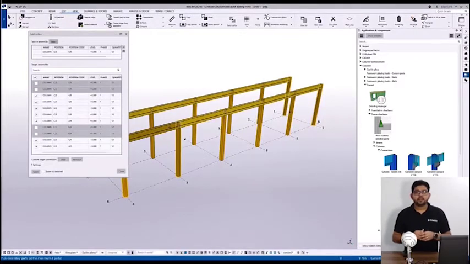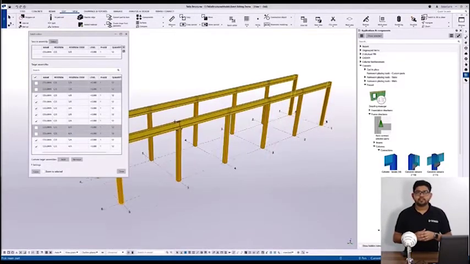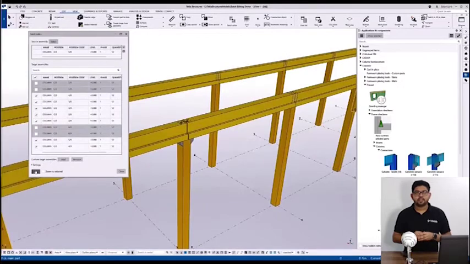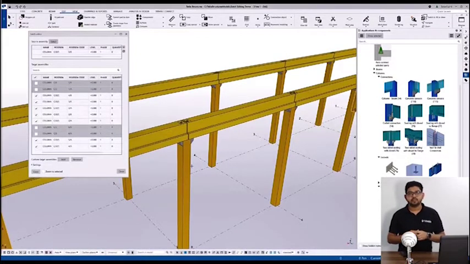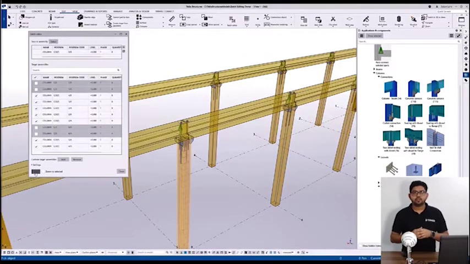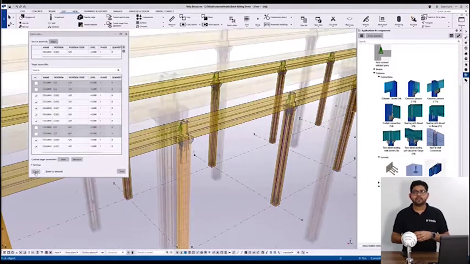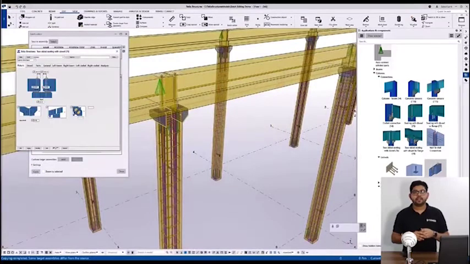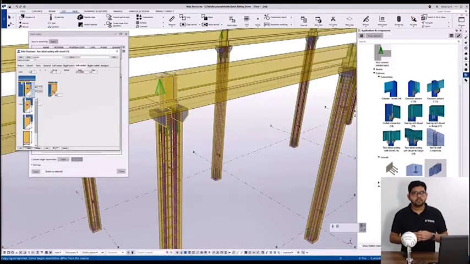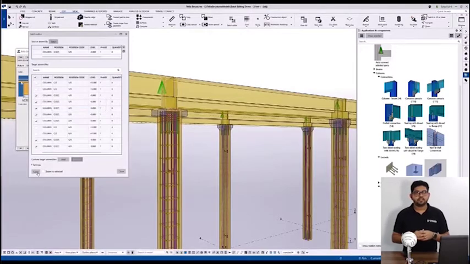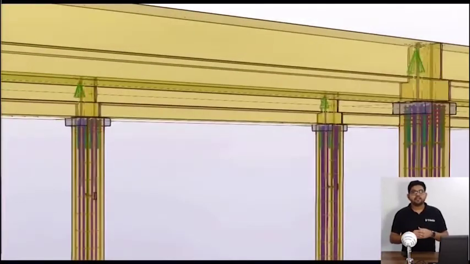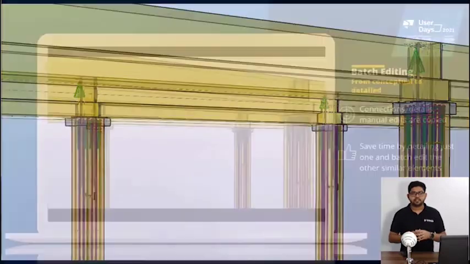And then I'm going to apply a corbel connection. Here you can see I've applied one corbel connection to this column, and using the batch editor I can easily copy it to these similar columns, as you can see here. The same applies to the reinforcement component as well. The reinforcement component has been copied. Now if I make some changes here to the component, a component edit, these changes can also be transferred in a similar way to the remaining columns, as you can see here. See how quickly I was able to detail all these structures using the batch editor.